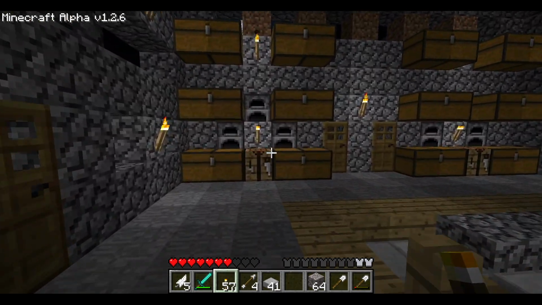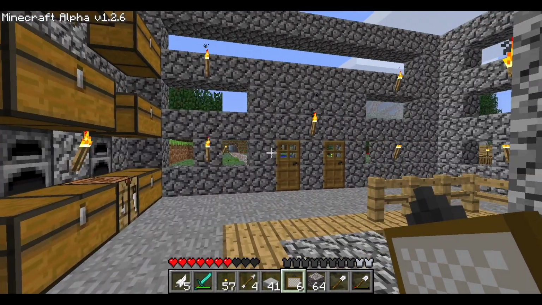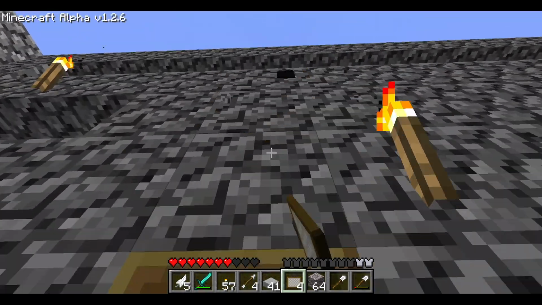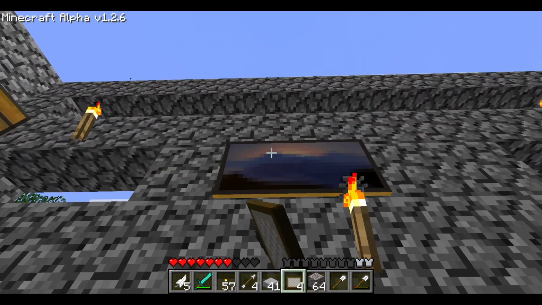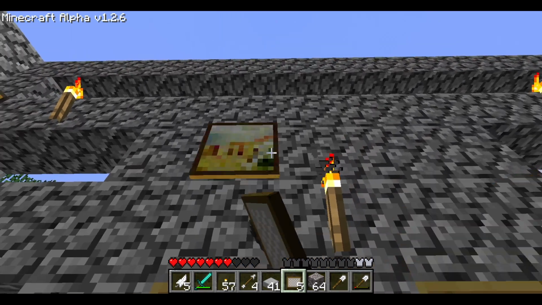Decorations? I don't know what to do. One very simple thing that we can always do in any build to at least improve the interior, if not the exterior, is place some paintings. So I'm going to see if I can get some paintings placed. Do we have any paintings that are...